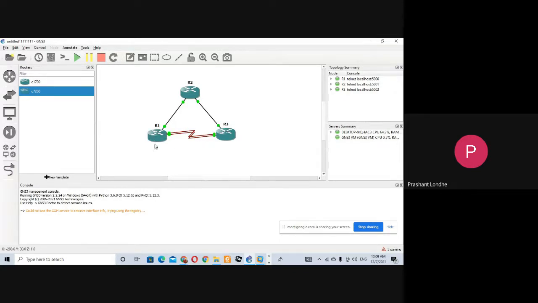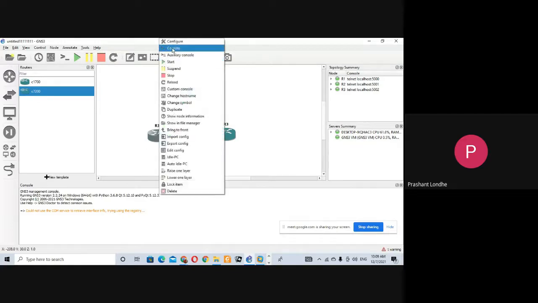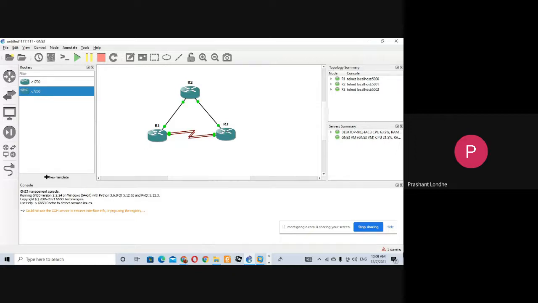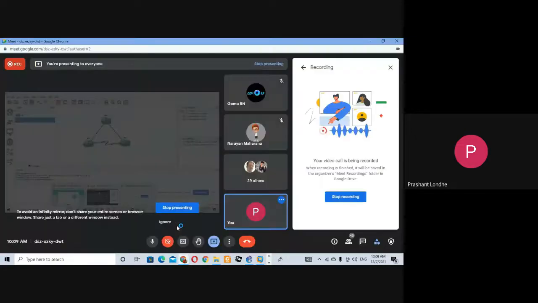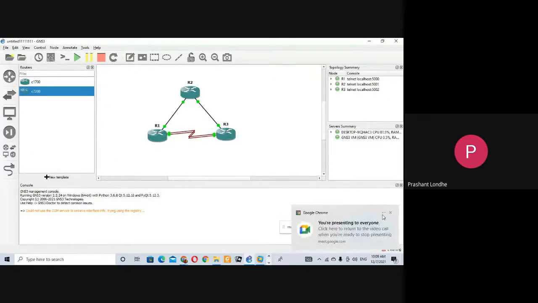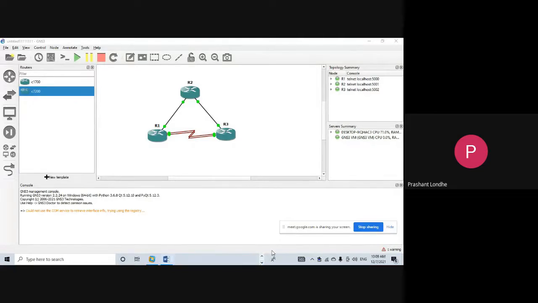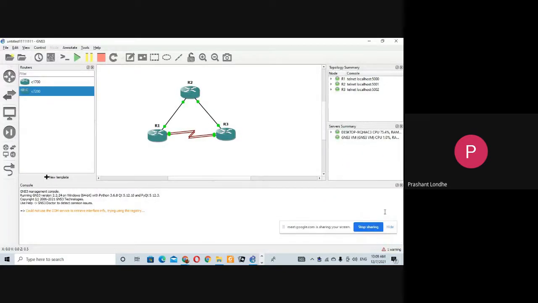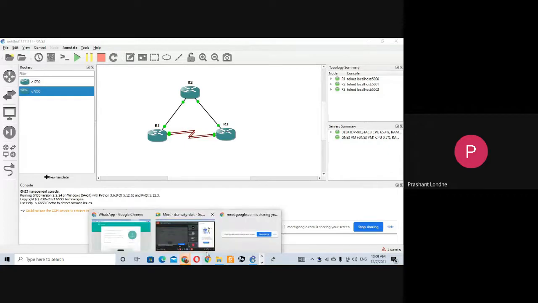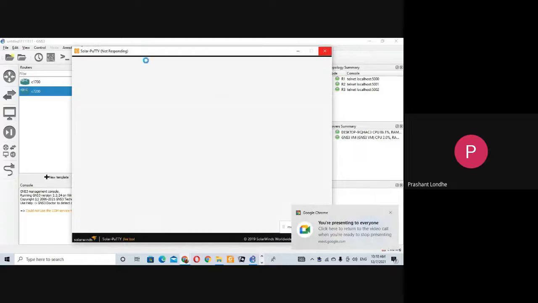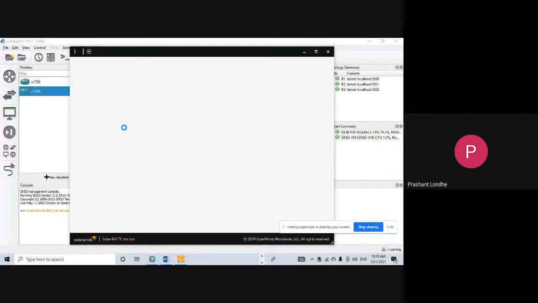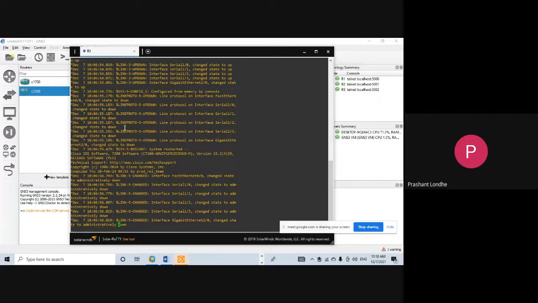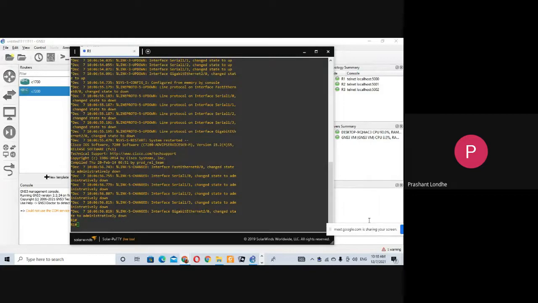Go to the R1. Double click, or you can right click and open the console. Right click and open the console. Okay, console opened, everyone's console opened, fine.